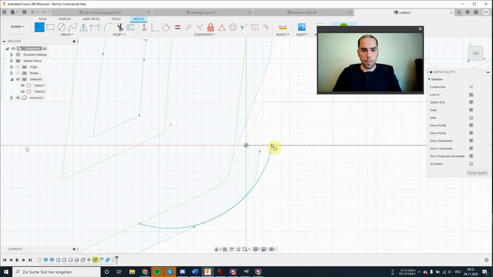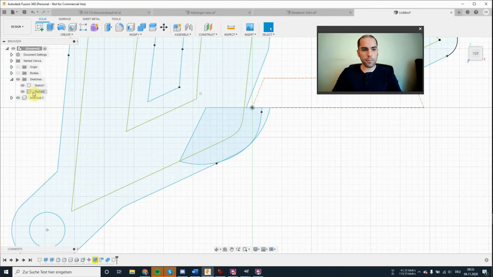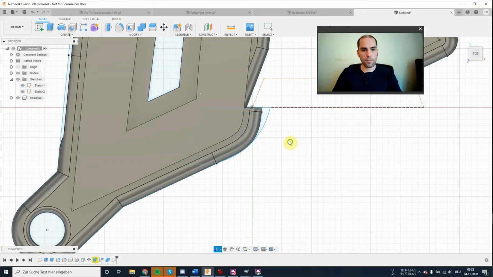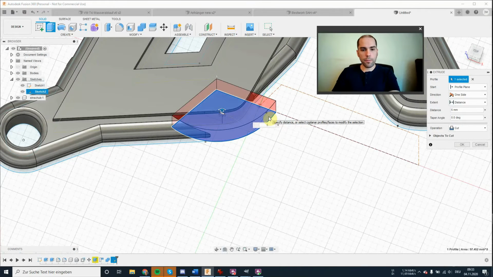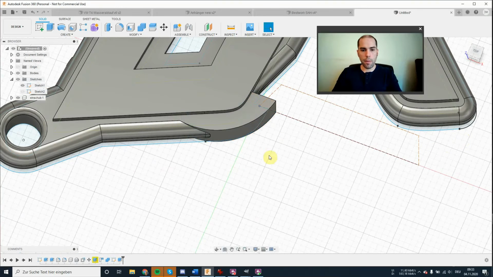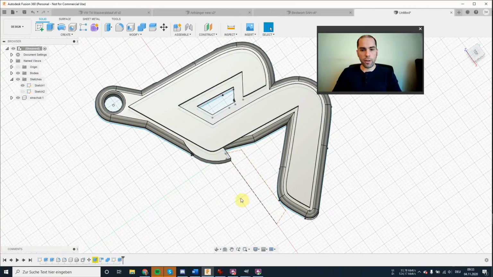Like this, 2 lines like this, and this is already the sketch we need. We'll extrude it like before, making sure to select join. And now we have a much tougher tooth here for engaging with the bottle cap.